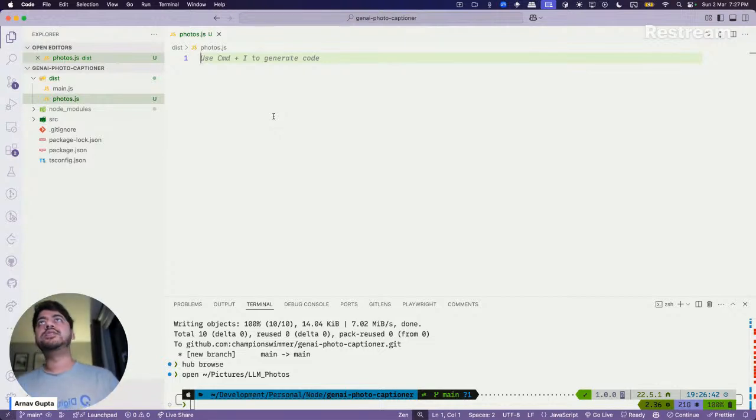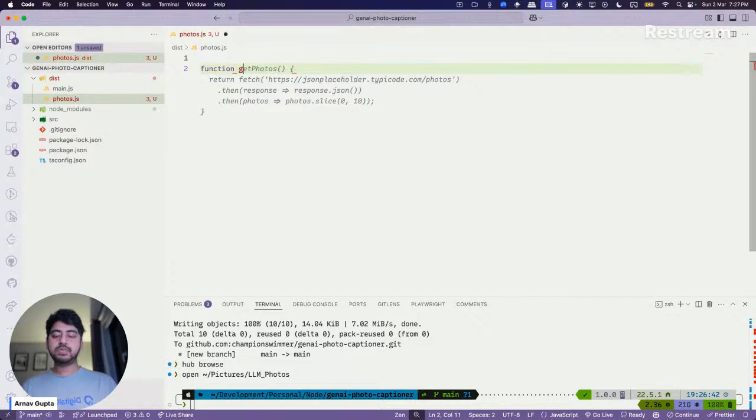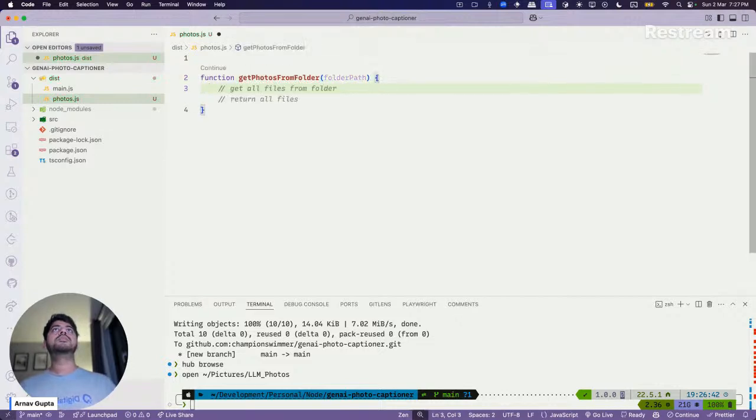I'll probably use a bit of GenAI to generate some of the code here. Get all photos with .jpeg extension from folder path. Okay. So I'll return this thing.